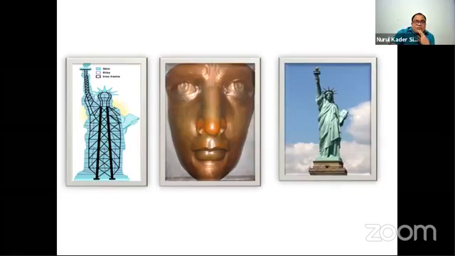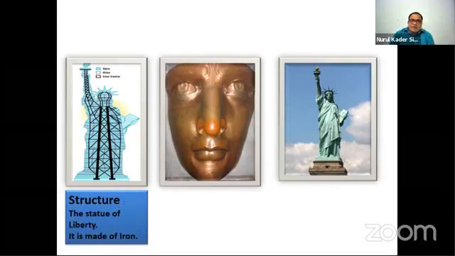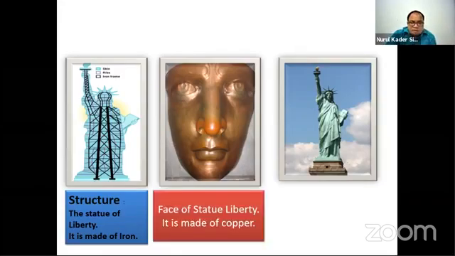And third one is a statue of a woman. First one is the structure. The structure of the Statue of Liberty is made of iron. And second one is the face of the Statue of Liberty. It is made of copper. And third one is,